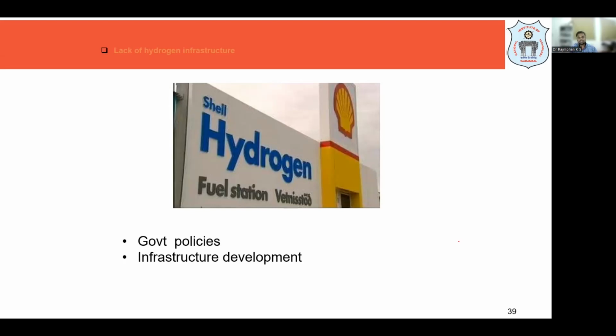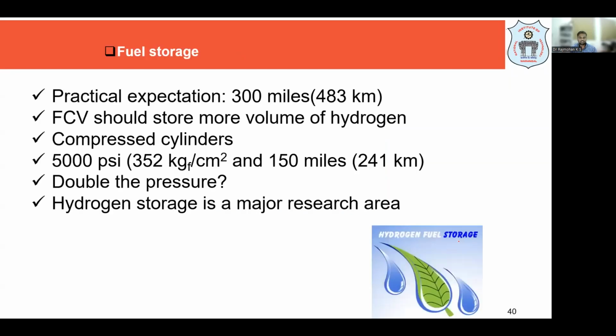Right. So what is the easiest way to produce hydrogen? Electrolysis. Right. So we can also do it from syngas and natural gas. From those you can produce it, right? So different technologies are there to produce hydrogen. Preferably it should be a greener technology, meaning electrolysis of water. Okay, so from water we will get hydrogen and oxygen. That way we will recharge our car with hydrogen. So such infrastructure development is one of the things.